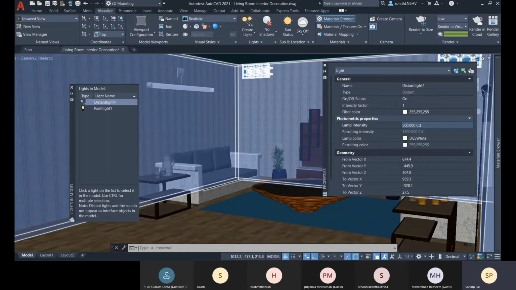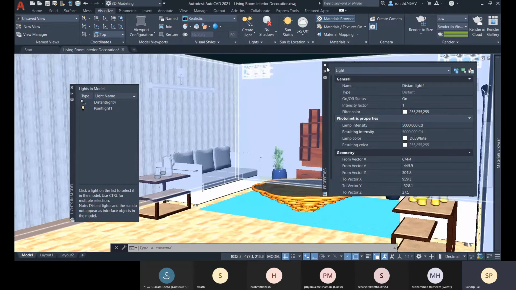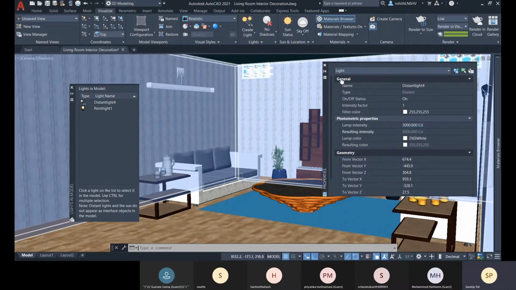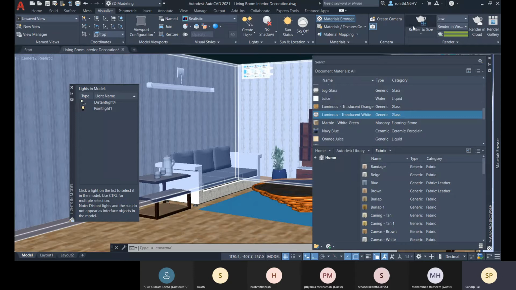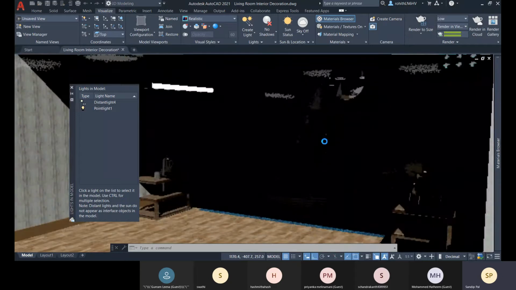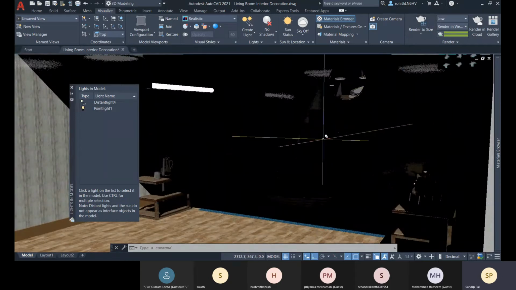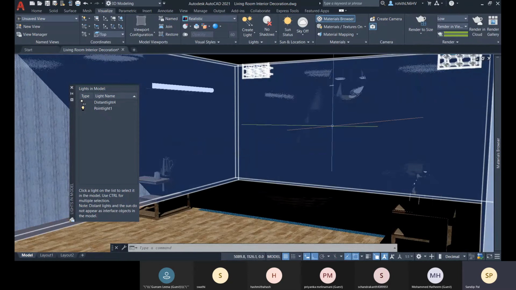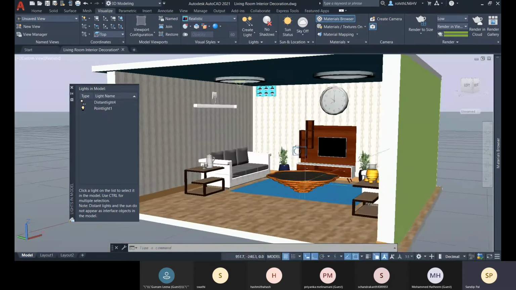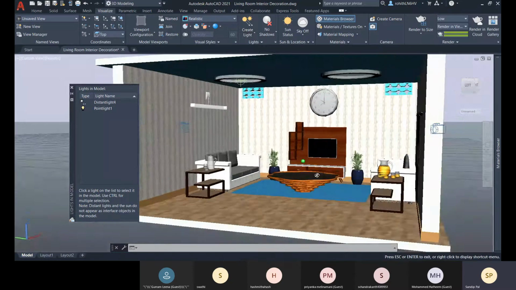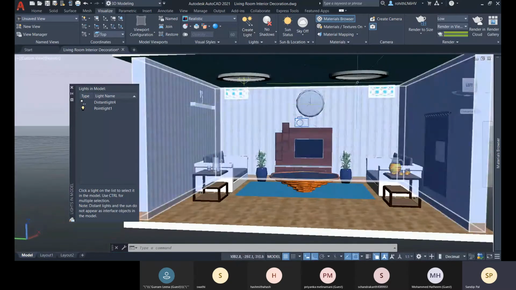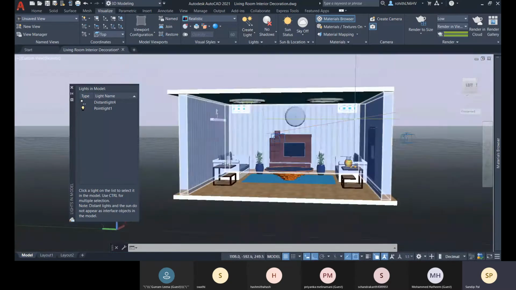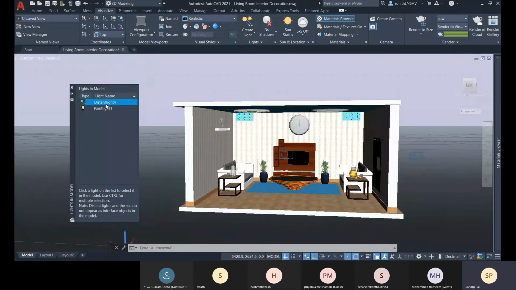Here you can see, right? So let me go for 3000, and now let me go for render. What is just happening? We are getting the light, but